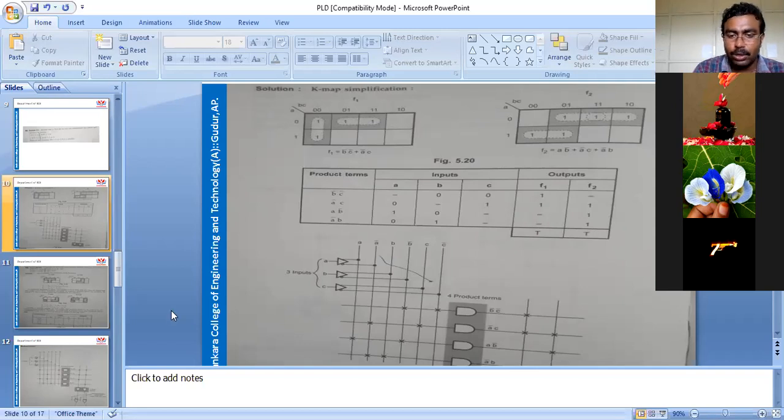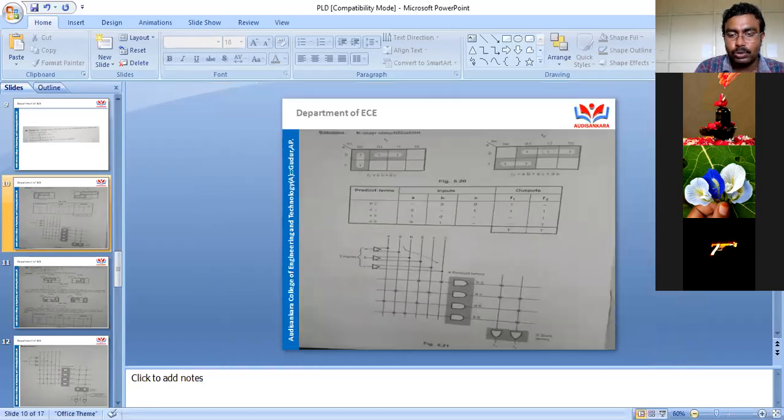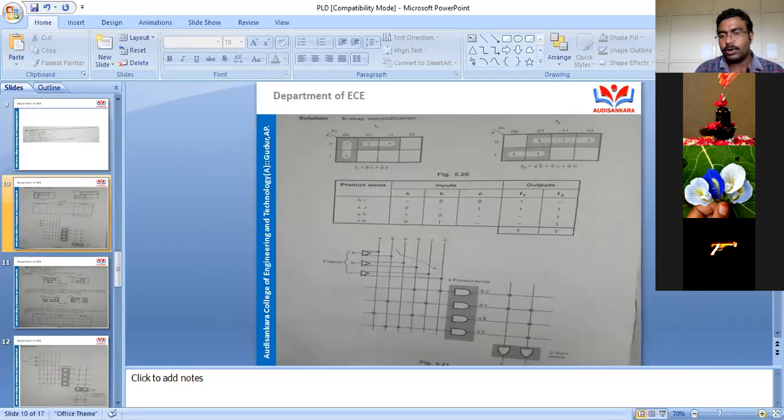Okay. Then let us go for the design part, students. How are you going to design this? Tell me, students, what you have to do initially when you are going to design a PLA. What is your primary job? You need to give input buffers. What are the inputs you have? A, B, C. So take the lines A bar, B bar, C bar, and give the connections from the buffer.